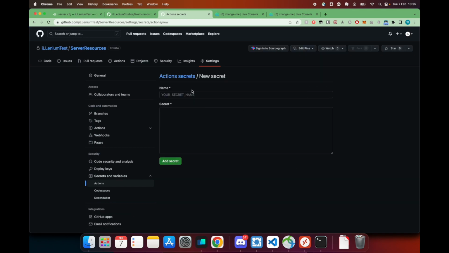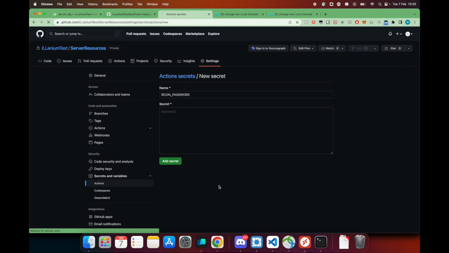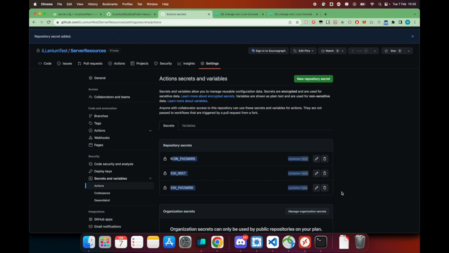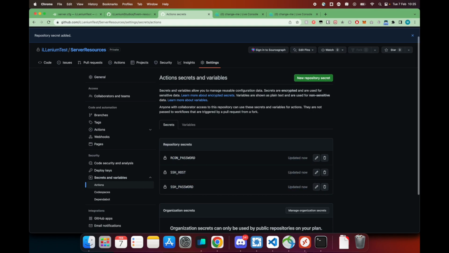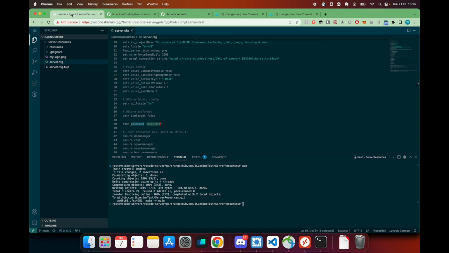The next secret that you need is the rcon password, and it should be the same as what you've set in the config file. For this example, we're using this simple password, so I'll just copy this, paste it here, and add secret. So now that we have all the required variables for Windows, what we can do is proceed with the next step, which is